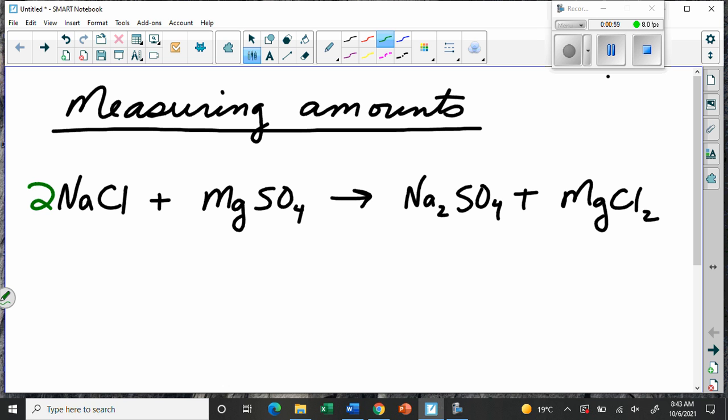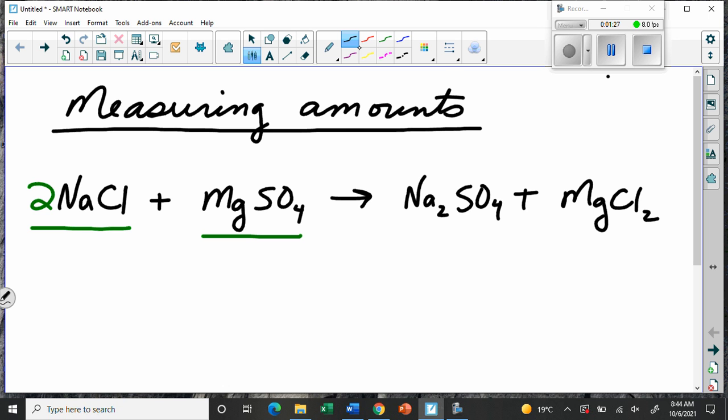And we talk about twice as much sodium chloride being needed. We have twice as much of this as we have of this because of the 2. But how much are we measuring, right? The problem with chemistry is that these little molecules and compounds and atoms and things are all very, very, very tiny. And so, we could say, well, if we have 2 little molecules of NaCl, right, it's possible, I guess,